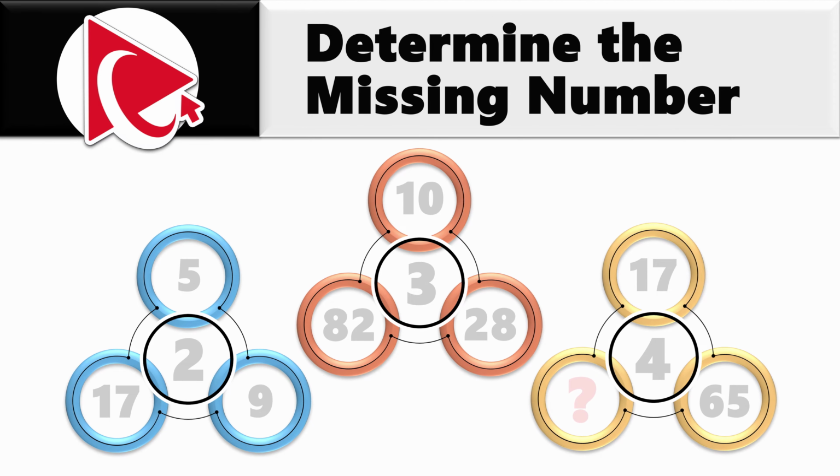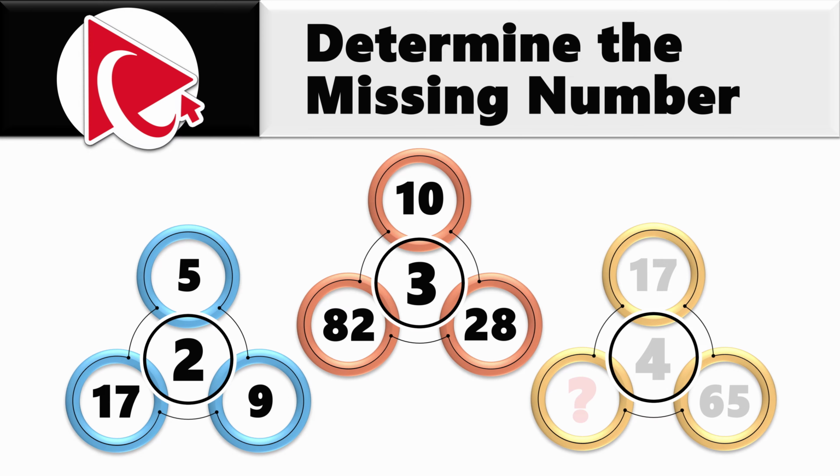Shapes have numbers inside. The first shape has numbers 5, 9, 17, and then there is 2 in the middle. The second shape has numbers 10, 28, 82, and then 3 in the middle. And then the third shape has number 4 in the middle, number 17 on the top, number 65 on the right, and on the left there is a missing number which you need to calculate and select out of 4